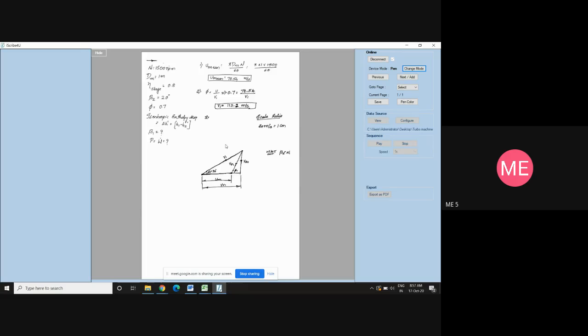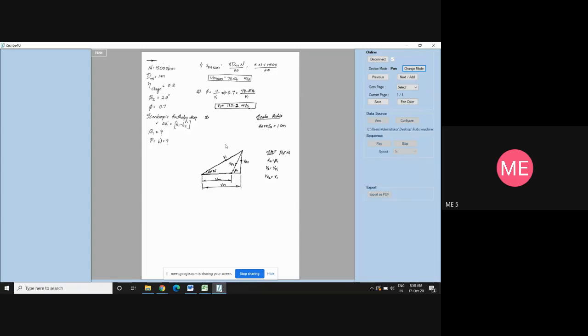In the Parsons turbine, once this is finished, no need to worry about the outlet because CB will not be given. We also know that alpha 2 will be equal to beta 1. Anyhow, we got beta 1, so we can easily do it. V2 will be equal to VR1, which we already got. VR2 is equal to V1. So this is enough to draw the outlet triangle. I will start from here.